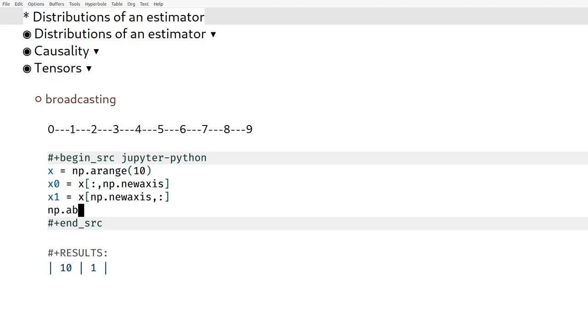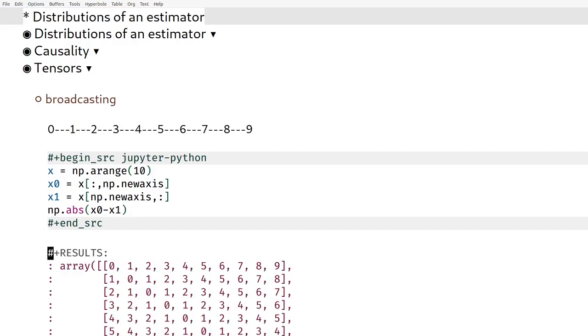Now, because this is one-dimensional, I just need to take the absolute value. In 2 dimensions you would take the square root and then the differences in the x and y coordinates squared. But here, to get the distance, it's just this. And it immediately gives me this table